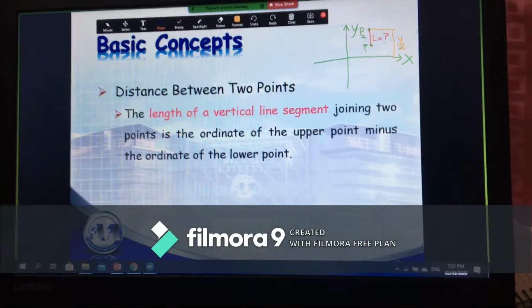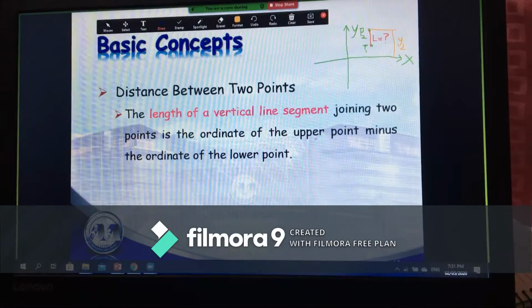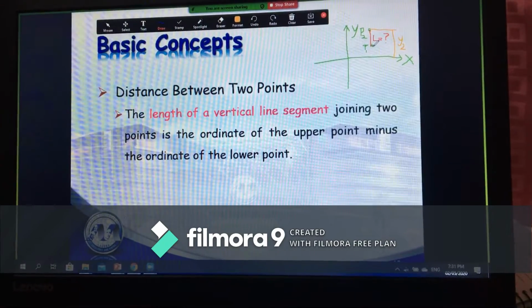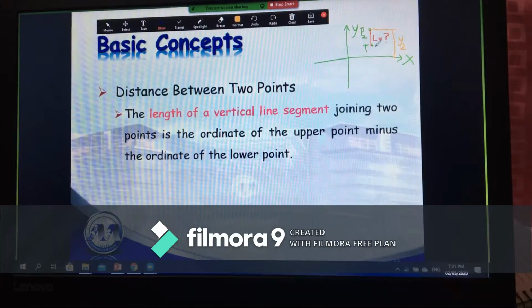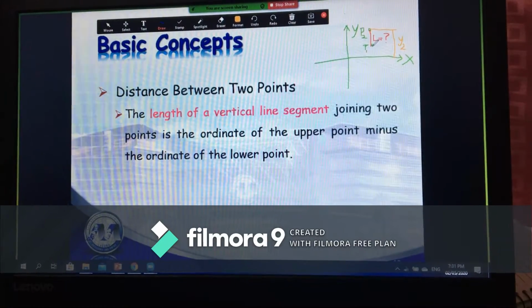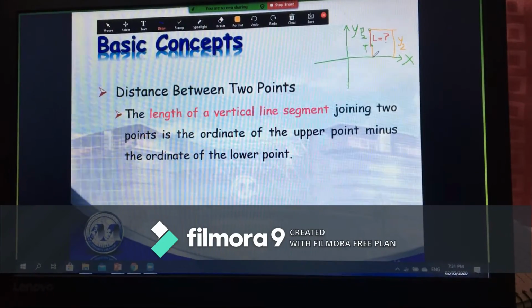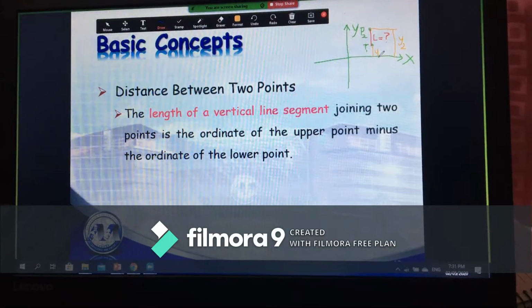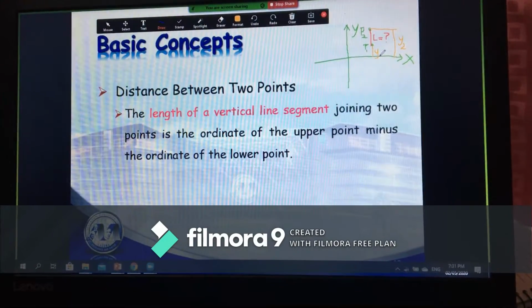Okay, then ordinate minus the ordinate of the lower point. So ordinate meaning the distance, no, from the x-axis towards this point. So this is our y1. Okay,